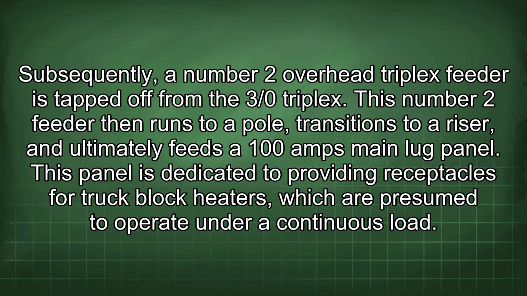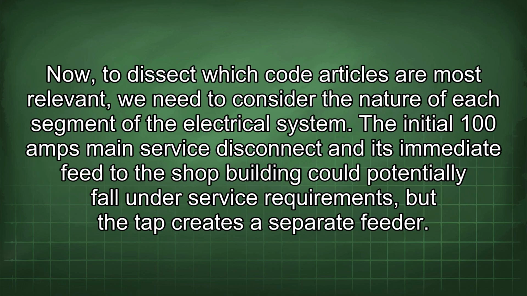This number 2 feeder then runs to a pole, transitions to a riser, and ultimately feeds a 100 amps main lug panel. This panel is dedicated to providing receptacles for truck block heaters, which are presumed to operate under a continuous load. Now, to dissect which code articles are most relevant, we need to consider the nature of each segment